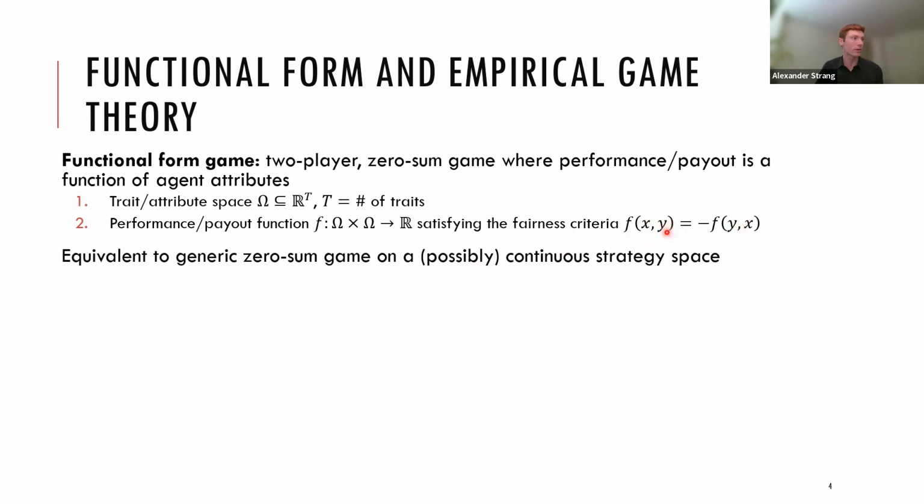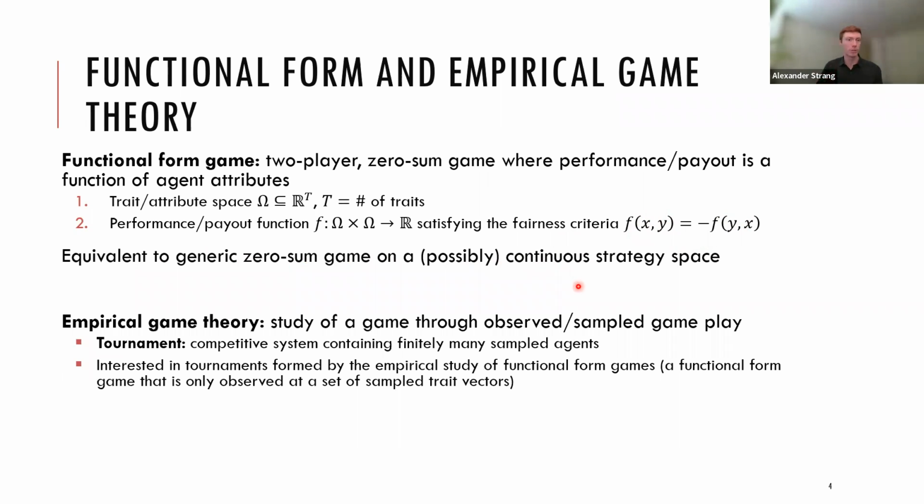And because we require this skew symmetry, this is equivalent to looking at generic zero-sum, two-player games on possibly continuous strategy spaces. Now, in practice, most games of interest do not have a known function. In most empirical games, you need to estimate this function f, and you need to estimate it based on sample data. So the other natural topic here is empirical game theory, which is really the study of a game through